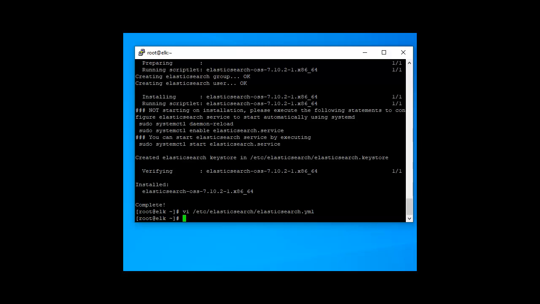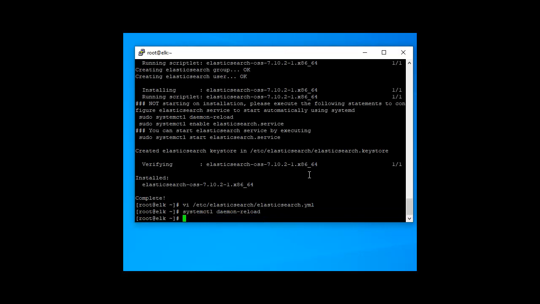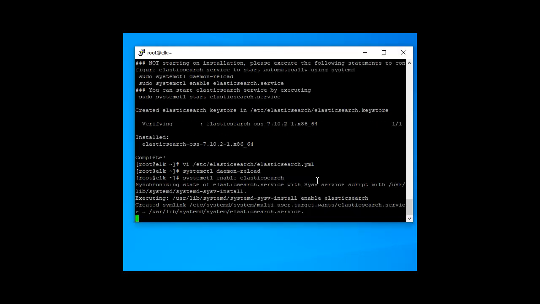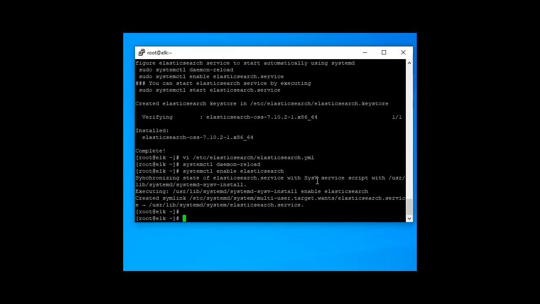Start Elasticsearch. First, reload the daemon. Enable Elasticsearch on boot and start the Elasticsearch service.